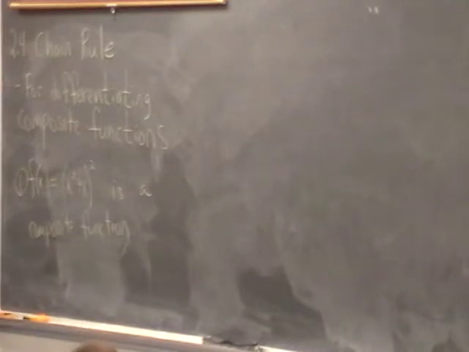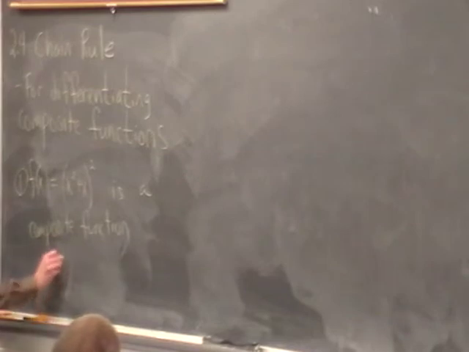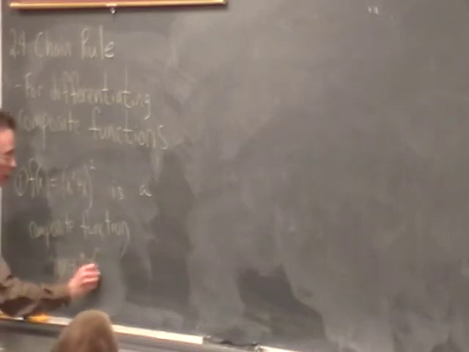A composite function has one function going to a power, or it's the square root of a function. It's going to have what they call an inner and an outer part to it. On this one, the so-called inner function